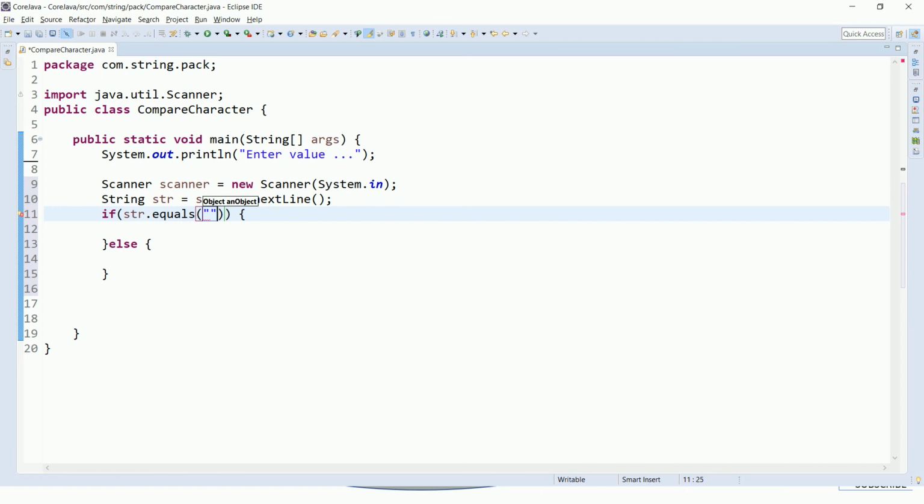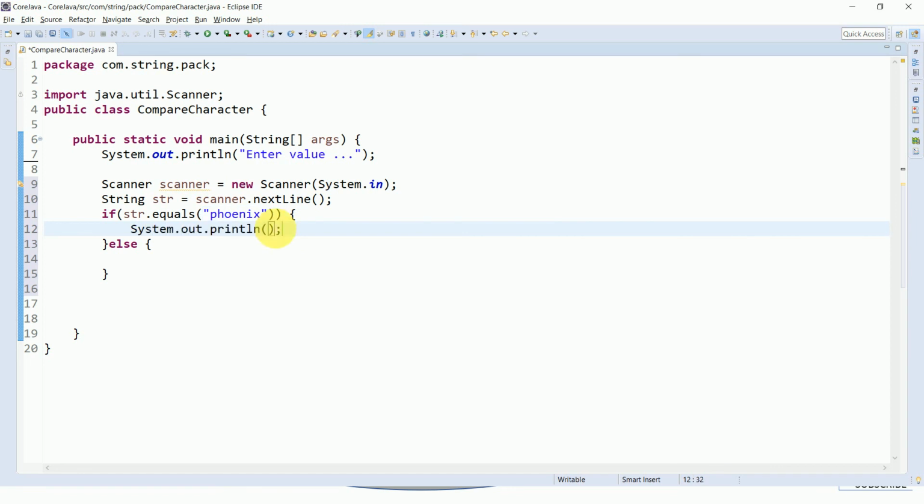We will pass the argument Phoenix. If the equals method returns true, then I want to print this statement,